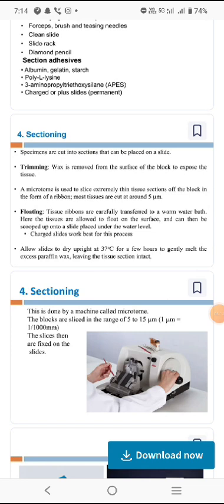Specimens are cut into sections that can be placed on a slide. Trimming: wax is removed from the surface of the block to expose the tissue. A microtome is used to slice the tissue sections from the block in the form of ribbons. Most tissues are cut at around 5 microns. Floating tissue ribbons are carefully transferred to